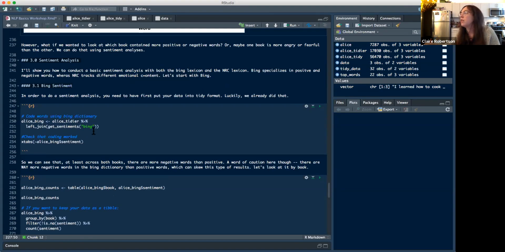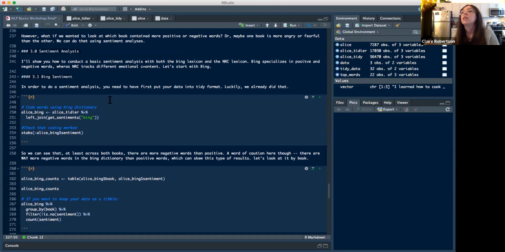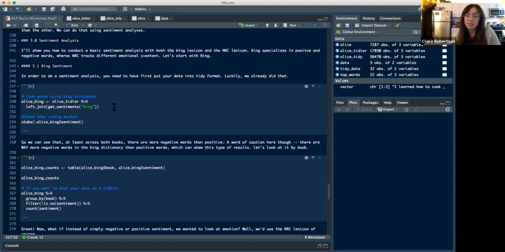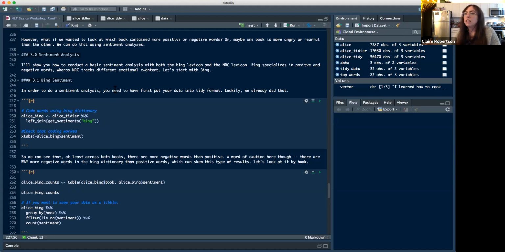now we can get through this in like 10 minutes. This part's actually the easy part. Now that you've tokenized your data and cleaned everything, the sentiment analysis stuff is pretty easy. So let's say we now wanted to say, great, we know what the most common words are, but is one book maybe using more positive words than negative words? Perhaps Alice's first adventure is a very positive experience and her second adventure is a really negative experience. And we want to be able to see if that's true. That's maybe our hypothesis. So what we would do to do that is we would take our cleaned data set,